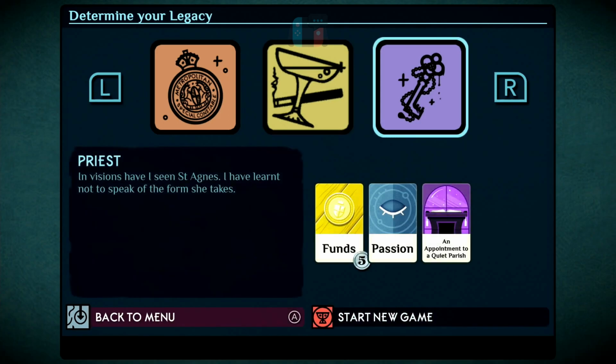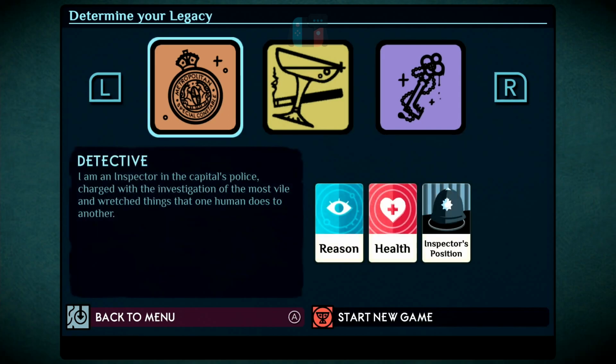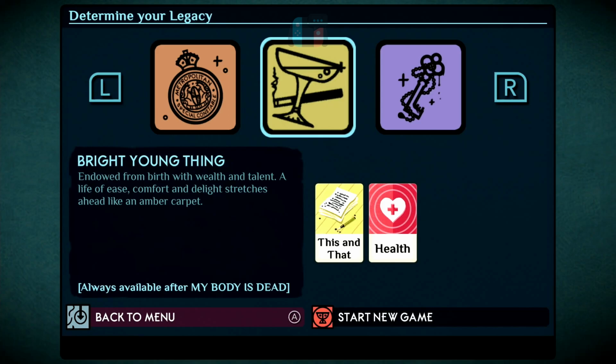And then you can be a priest. You get some funds, you get passion, and an appointment to a quiet parish. To be honest, I've played the detective a few times, so let's have a look at one of these other things. A bright young thing or a priest. Let's go for the bright young thing, because it only starts with 2 cards, which is quite